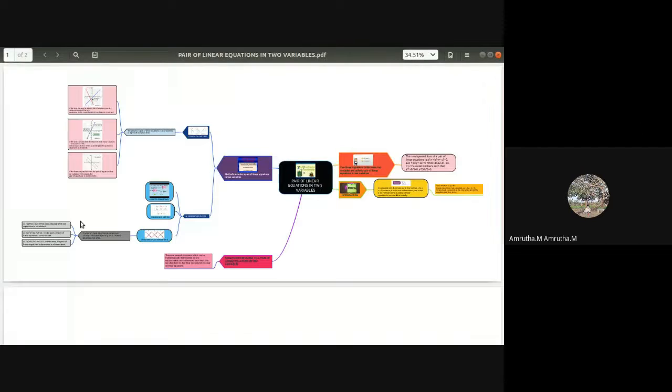Okay. So now this is the concept map for the chapter on pair of linear equations in two variables. Linear equation in two variables is something that you have already done in class 9. The only extension is that you're going to deal with a pair of linear equations. What we dealt with last year was only a linear equation in two variables in single form. You don't have a pair of linear equations dealt together at a time. Why this pair of linear equations in two variables is very important is what we are going to see in this chapter. I think I'll enlarge the map a little.